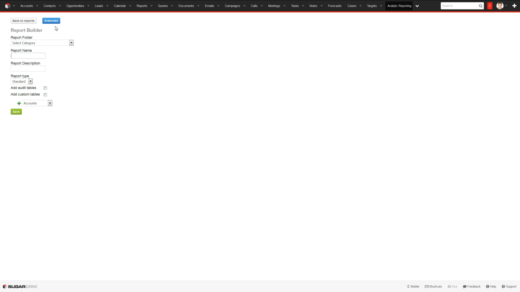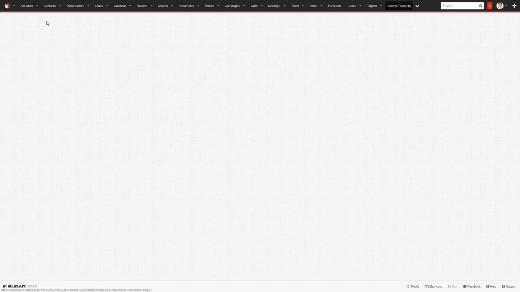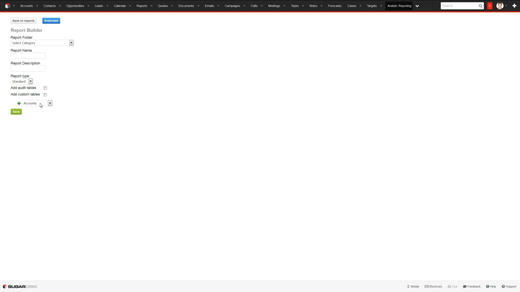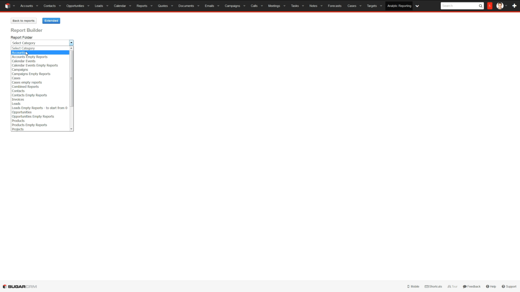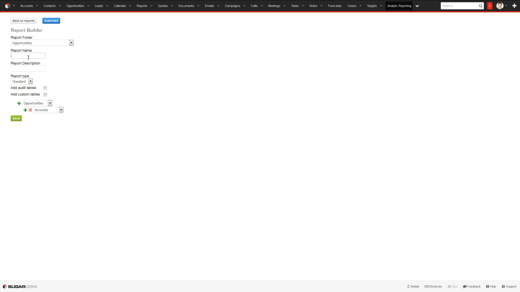In the report builder, you have the option of using the simple or extended version. In the extended report builder, you can specify all the module relations manually. However, in most cases, analytic reporting will identify the correct relations itself, so using simple most often is the best option. Once you have selected your report modules, select the folder to save the report in, name it appropriately, and